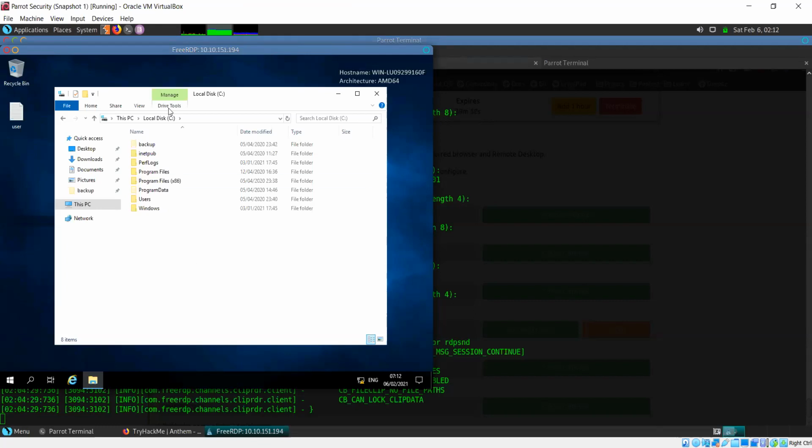You can just go here and see how many users exist. There is no John Doe. Okay, there's Administrator and SG. Yes, there's just two users. Maybe we can try that password for the administrator. Right, we can do that.